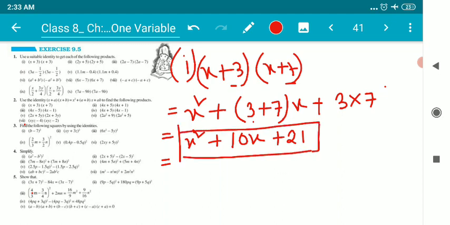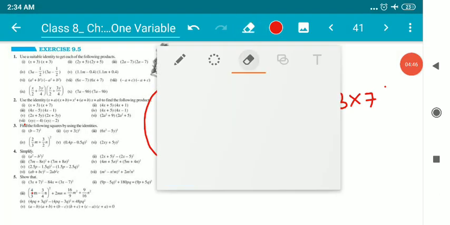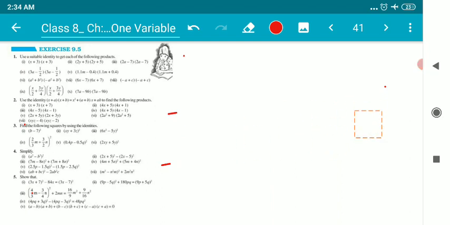Now a question may arise in your mind: if you break this answer further, what is going to happen? If you break down the last portion of this solution, you will get the original question back. This comes under a property called middle term calculation, and then it will be brought back to the previous form from where we started. So there is no need to do that. We'll simply leave our answer in this form, x squared plus 10x plus 21. Let's try the next one. I believe it will be more clear to you all.